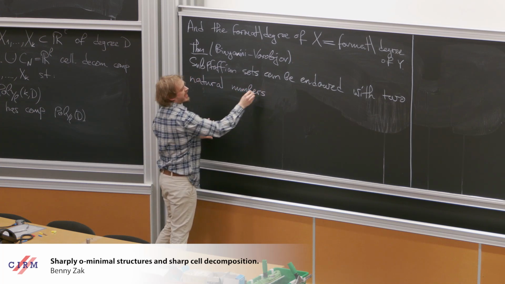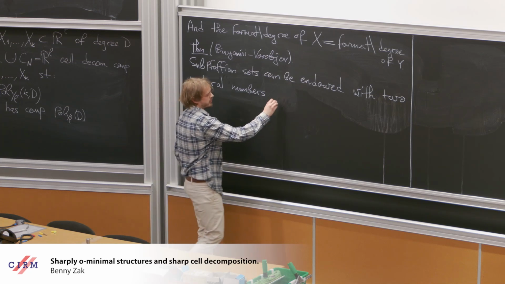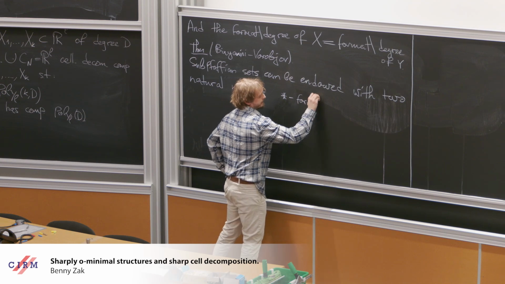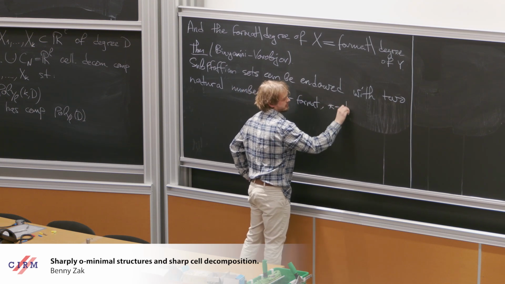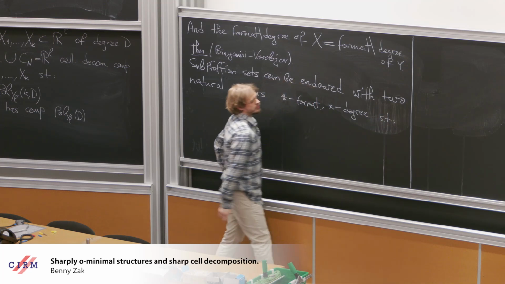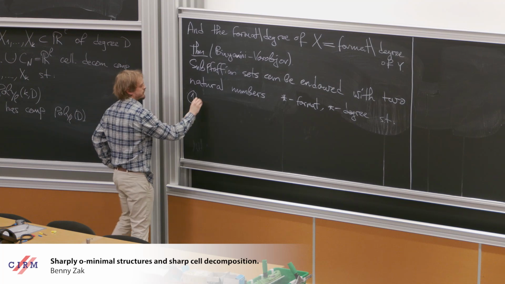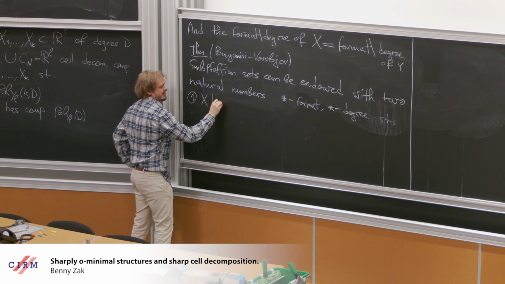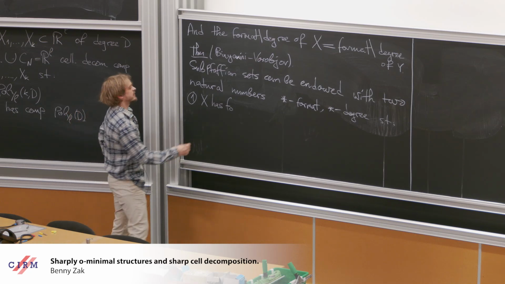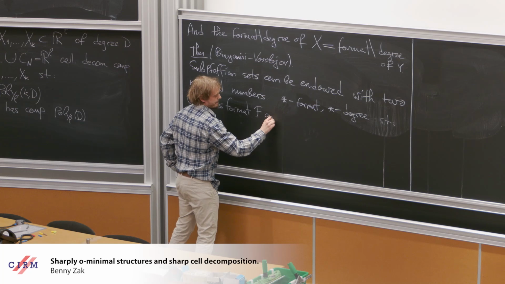They already have two natural numbers, right? Format and degree. But there are two additional natural numbers called star format and star degree. Such that the first part of the theorem is that if X has format F and degree D,